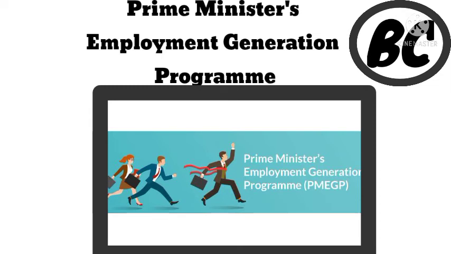Now let's talk about the eligibility criteria if you want to avail this loan. Number 1, the applicants must be at least 18 years old. Number 2, applicants' minimum educational qualification must be standard 8th pass. Number 3, self-help groups not availing the benefits of any other social welfare scheme. So if you belong to a self-help group and you have not availed any other benefit from any other social welfare scheme, then you are also eligible. Number 4, charitable trusts. Number 5, societies registered under the Societies Registration Act of 1860. Number 6, cooperative societies involved in the production business.